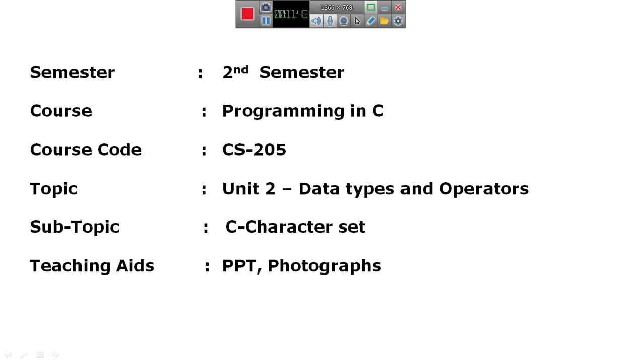The types of languages are low level language and high level language, and the low level languages are again classified into machine language and assembly language, and the language translators. And then next, machine code, assembly code, object code, and then different steps